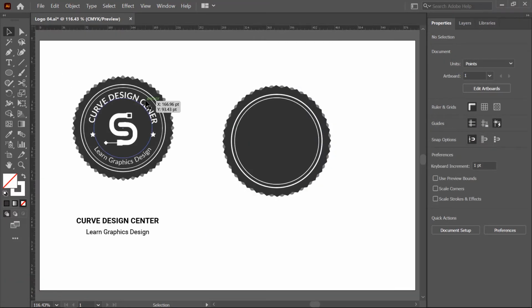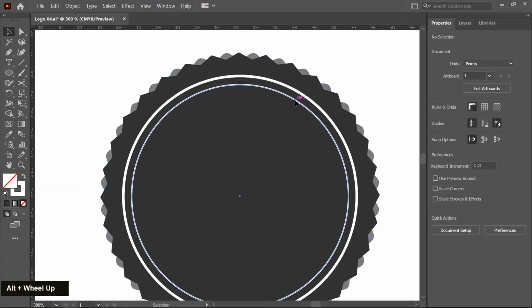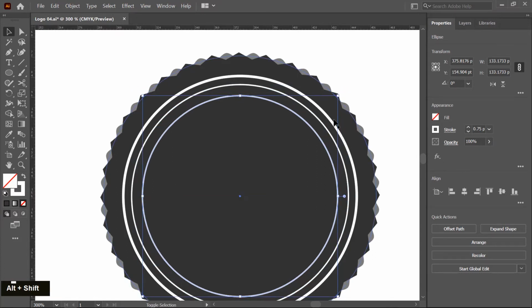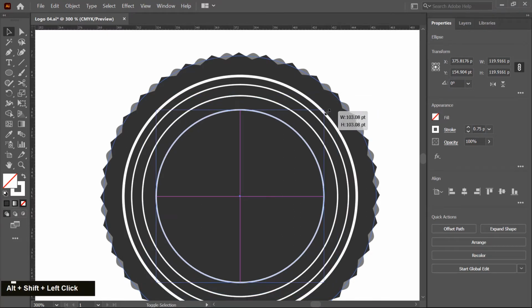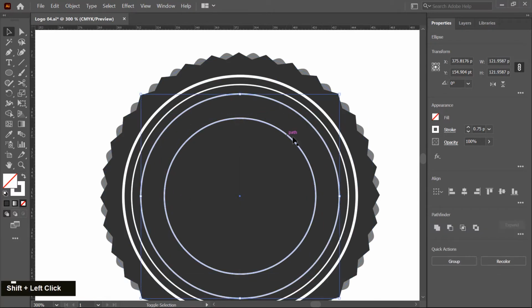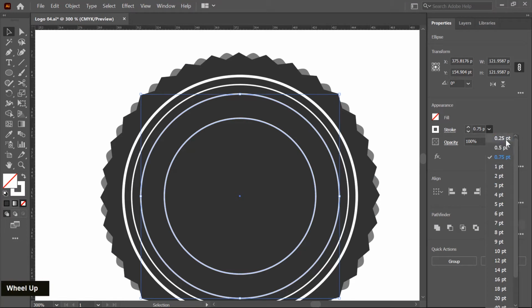Now I create two more strokes to align these texts. So I choose this stroke and then Control C and Control Shift V. This stroke is for the bottom text, and Control C, Control Shift V, and this is for the big text. Okay, and then change the stroke width to 0.5 or 0.25.